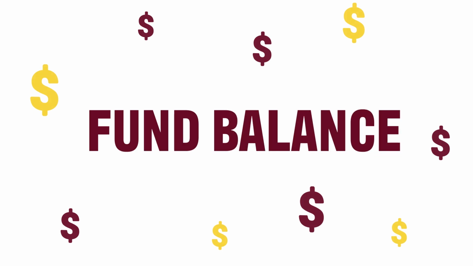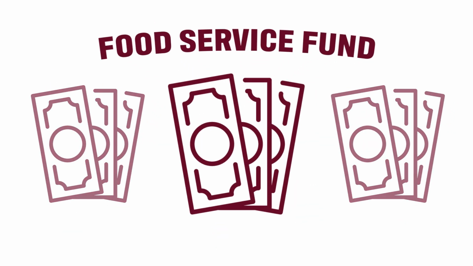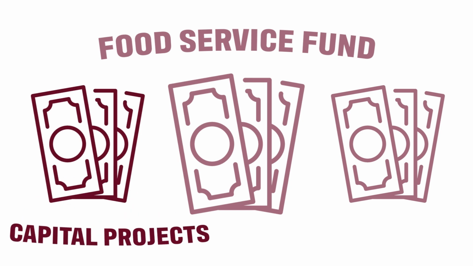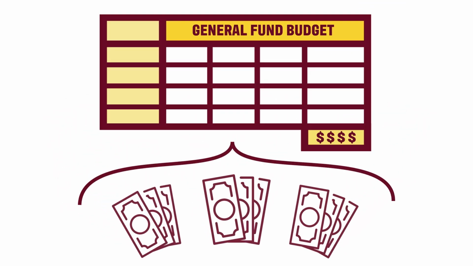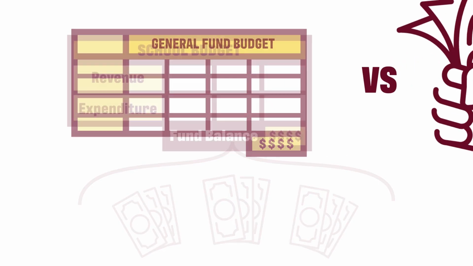This is the largest fund that almost all schools will use and is the fund being referred to when we say fund balance. Many schools will have multiple separate funds that they maintain. The most common is a food service fund set up to track the revenues and expenditures related to their food service program. Some schools may have a capital projects fund or a debt service fund, again, meant to track specific revenues and expenditures tied to a specific concern in the school. Historically, districts have kept separate athletic or other special project funds as well. However, many schools will not maintain more than a handful of separate funds, and the general fund will always represent the vast majority of a school's activity throughout the year.